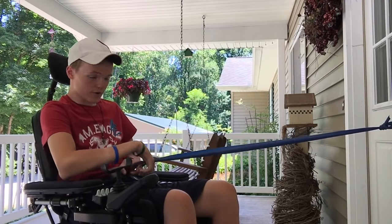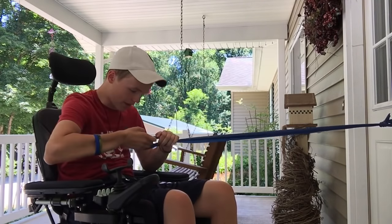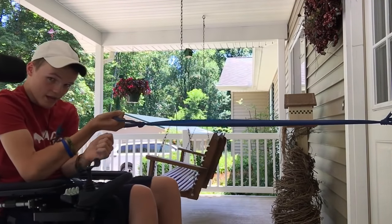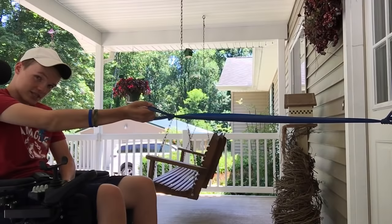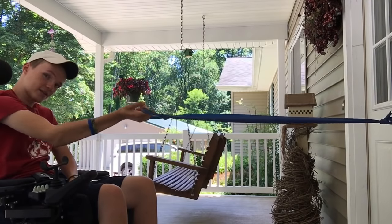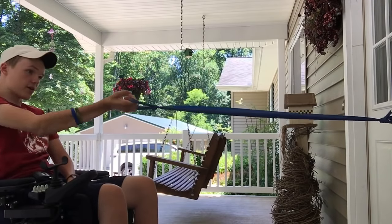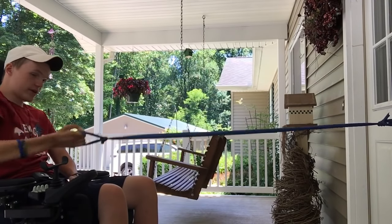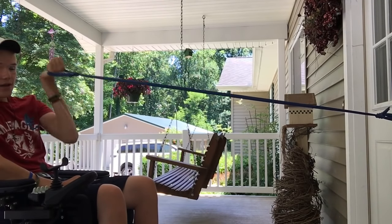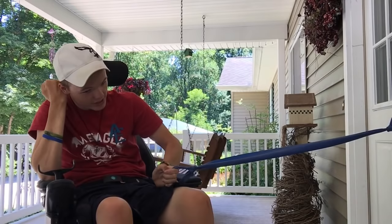And actually what I do first is I'll just do bicep exercises to work my bicep, which I'll back up as far as I can to where my arm is just extended straight out in front of me, and then I'll just bend my arm like this all the way up to my shoulder or neck, kind of like you're doing curls, and just keep going like this all the way till 30, and then I'll switch hands and do it all the way till 30. I normally do that one first, and then I'll do the ones where it's across. So after you got those done,